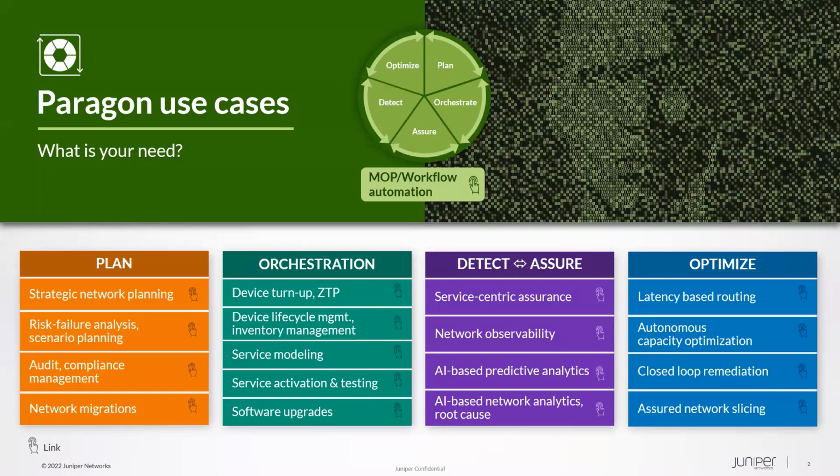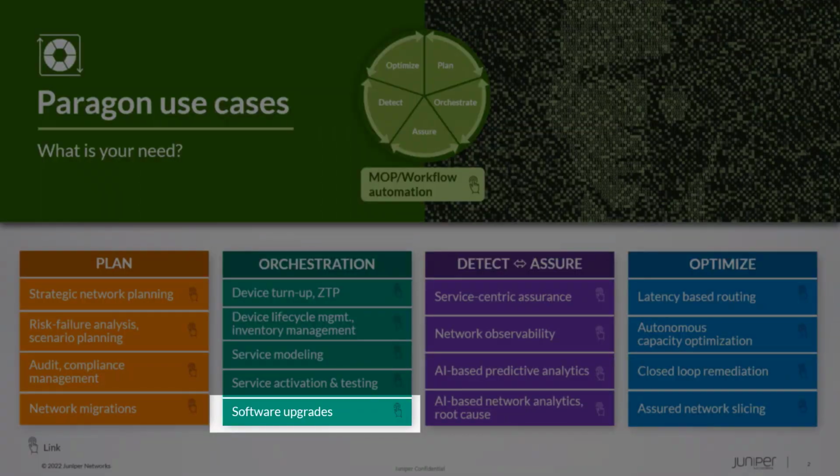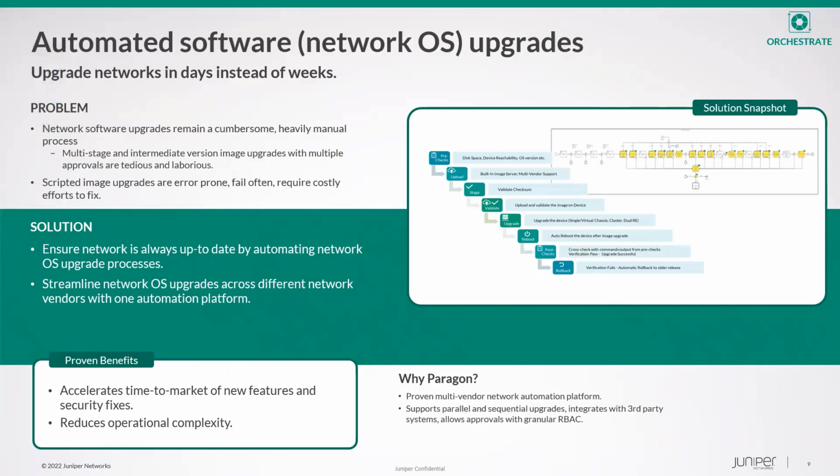In today's demo, we will learn how Atom can be used to perform an automated image upgrade on a device. Paragon Automation Portfolio provides a very reliable and efficient method to automate your method of procedures involving software upgrades. This automation is achieved using Atom's workflow module, which is a low-code drag and drop type tool to help you easily automate all the steps of a method of procedure, such as an image upgrade on a switch or a